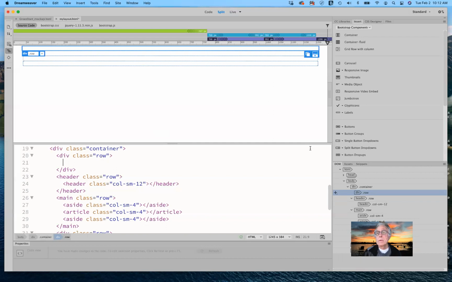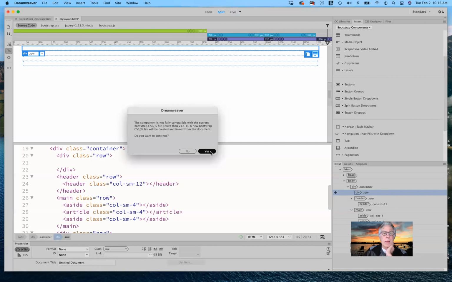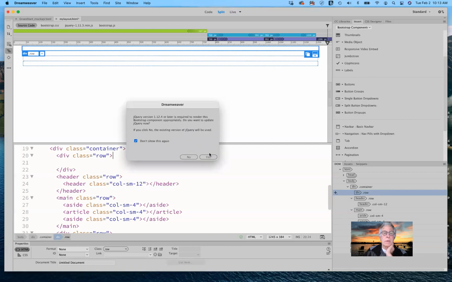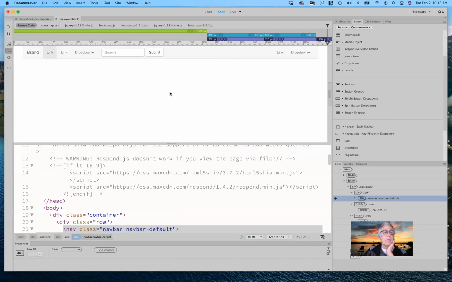nav bar. So I'm going to scroll back down to where it says basic nav for nav bar under the Bootstrap components. I'll click on that, and you'll notice that a little pop-up appears. I want the new nav bar to be nested within that div, so I'll say yes, and don't show again, and I'm good to go. And there you go. Here's our brand new